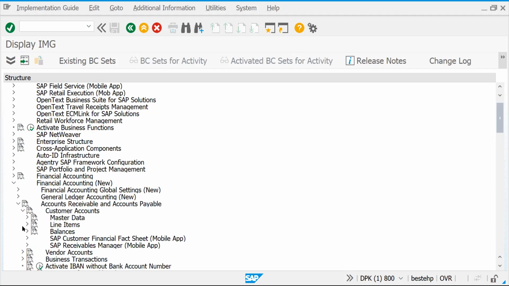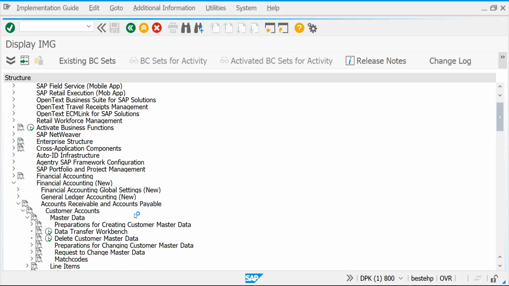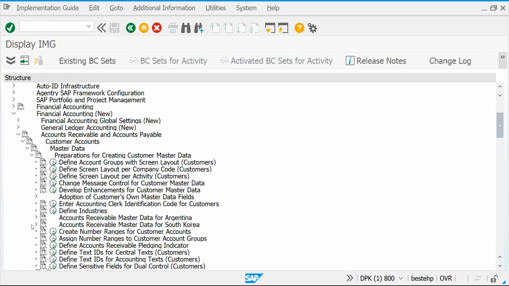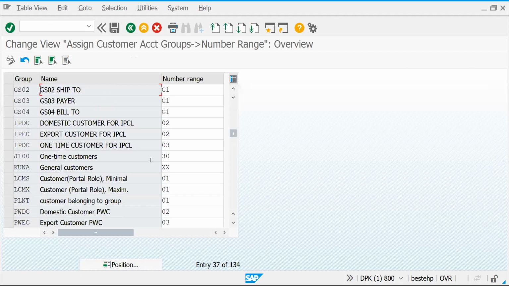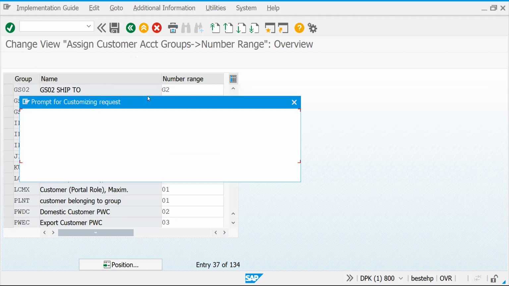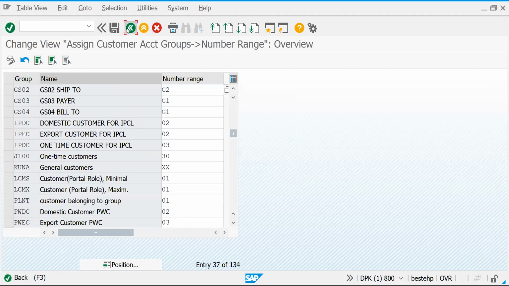You go to the customer accounts, go to the master data, and let's try the preparation for creating master data, and assign number ranges. So what is yours? GS02, you go. So GS02, instead of G1, I'm just putting G2. Okay, G2 is external number range. Let's go back.